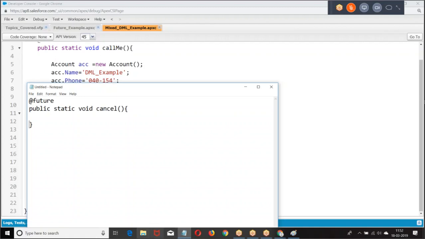Now, if you want to call web services, I'd give callout equal to true. If you want to write a web service program in the future method, I would give at the rate of future (callout=true). I hope you're good.